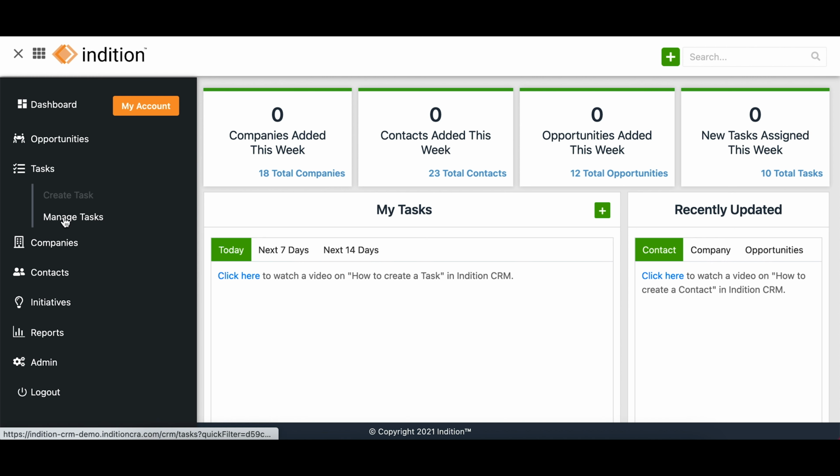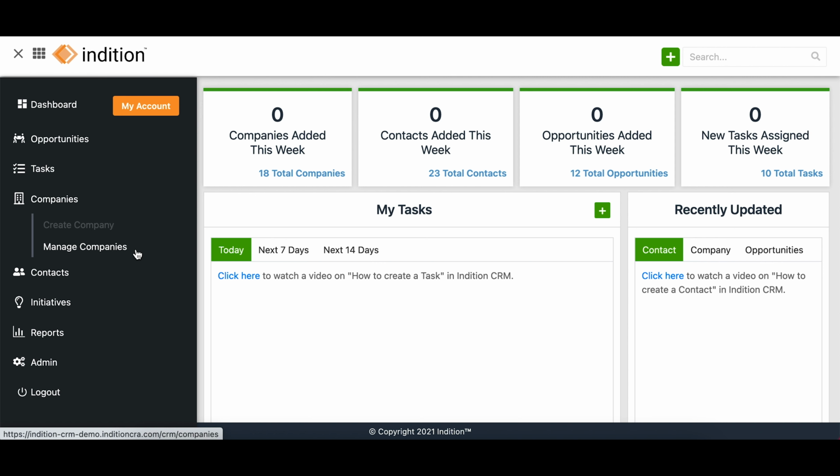For example, if you want to create a new company in your CRM, then you would select Create Company and go through filling everything out. Another scenario would be if you already have imported or added multiple companies into your CRM system, and you want to go and view them and edit them, you'd be able to select Manage Companies, which would then take you to the Manage Companies grid page, which shows every company you've added into the system, as well as some information